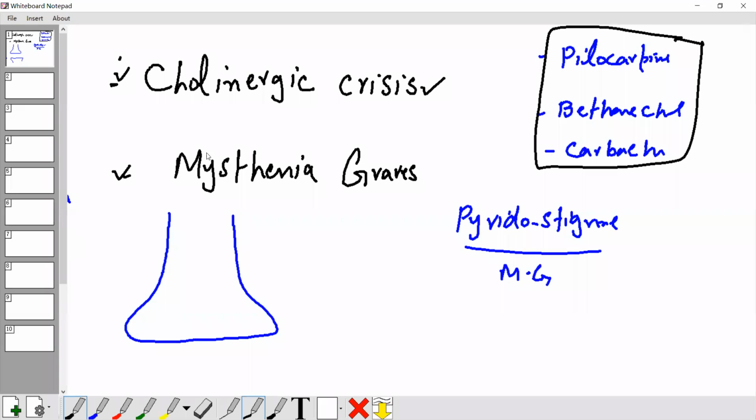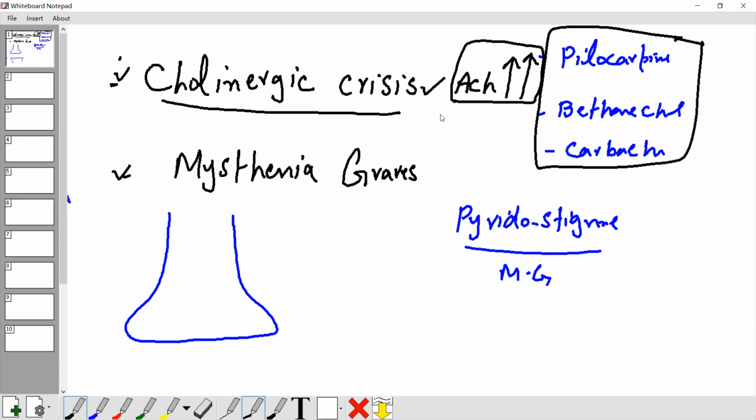For what I know, it is called the cholinergic crisis. It is due to intoxication of the acetylcholinesterase inhibitor. This means acetylcholine becomes very high at the neuromuscular junction. If you use an acetylcholinesterase inhibitor in overdose, the patient takes too high a concentration of the drug, and then there is too much blockage of the acetylcholinesterase enzyme, so the acetylcholine level is too high.